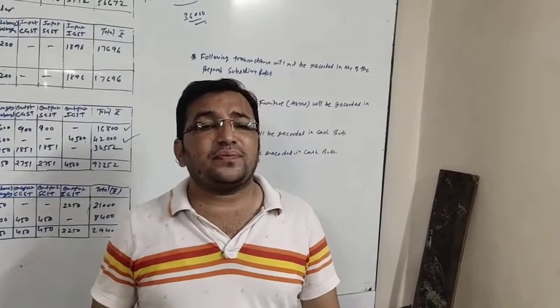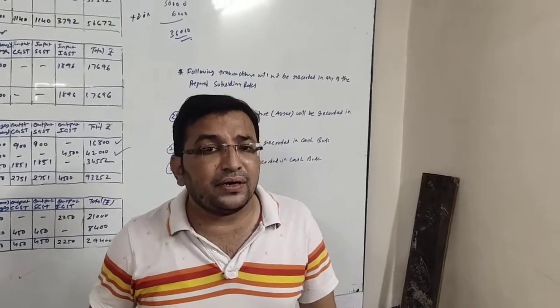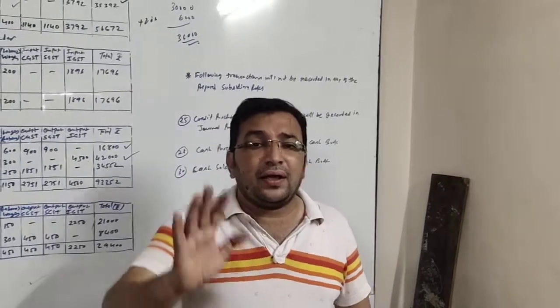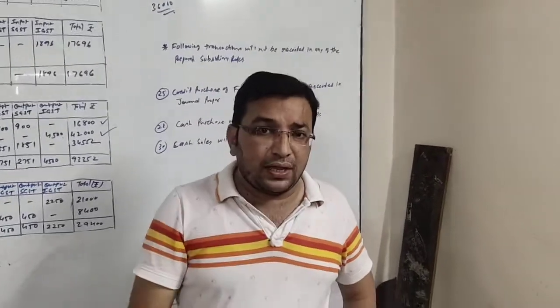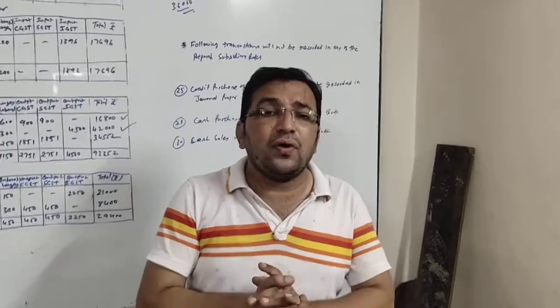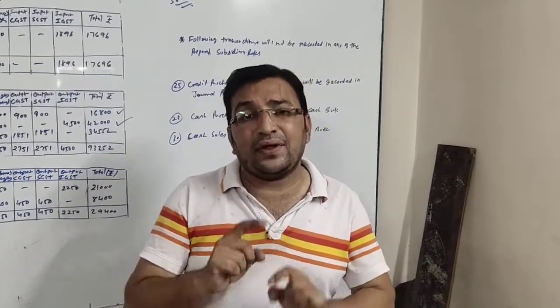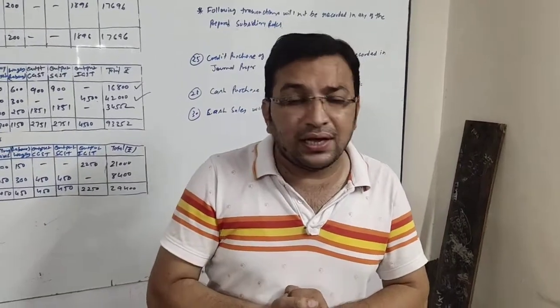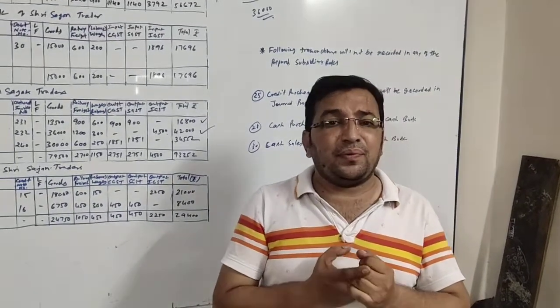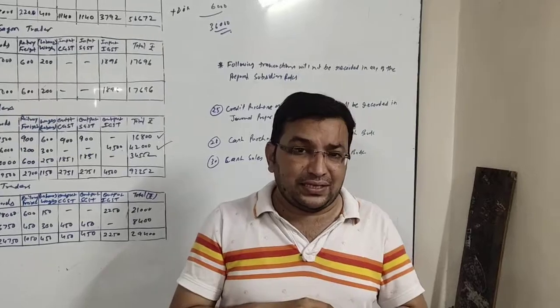This transaction first of all indicates two transactions. Transaction one says that Alia is returning goods to us and the same goods we are returning to Manisha. So when Alia returns to us, that is sales return, and when we are returning to Manisha, that is purchase return. First of all, we will see how to record in sales return.